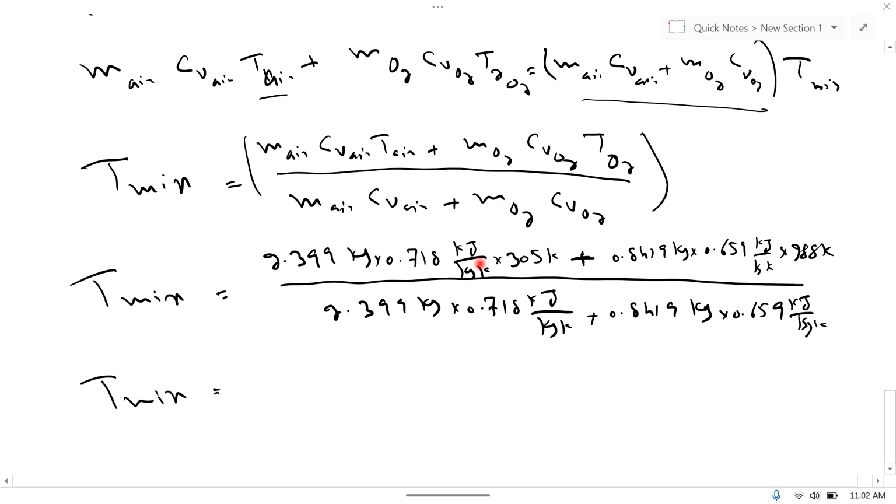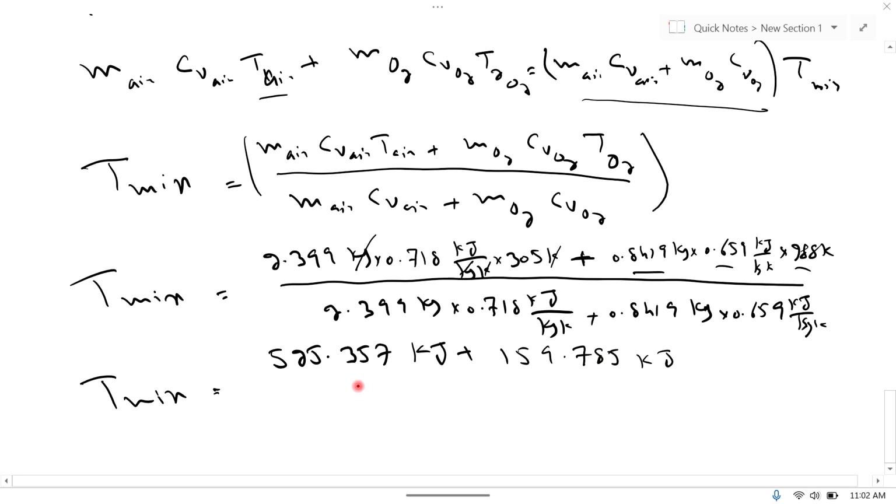Multiply these three values. So the answer will be 525.357. Here kilogram will be cancelled with kilogram, Kelvin will be cancelled with Kelvin, so unit will be kilojoule. Plus now multiply these three values. So answer will be 159.785